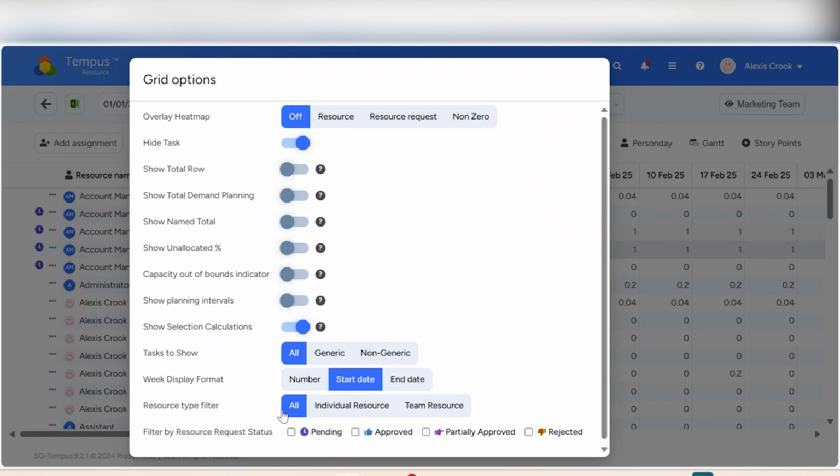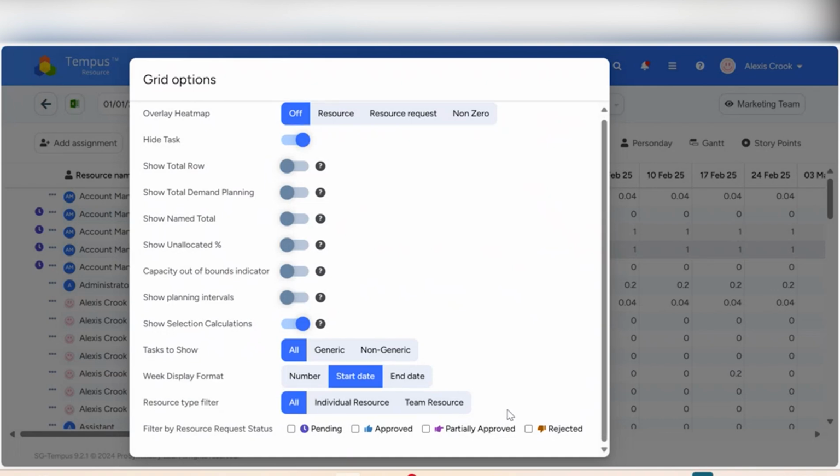Next option, resource type filter. Do you want to see all of your resources? Do you want to see only individual resources? Or do you want to see only team resources? You can identify that here. Team resources are a new type of resource. I believe we'll have some more videos on that if you want to check that out. And then last but certainly not least is the ability to filter by resource request status. So if you only want to see